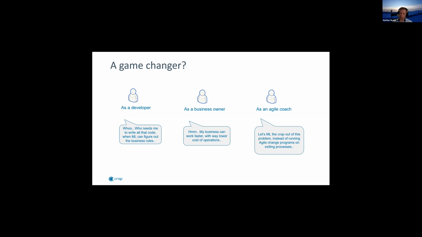The approach should be to use AI to machine learn the crap out of this problem, instead of running agile change processes on processes that are already suboptimal. And I could see that if you include AI inside this process, this is a reason why you might do a complete process re-engineering instead of just reusing the process as is.